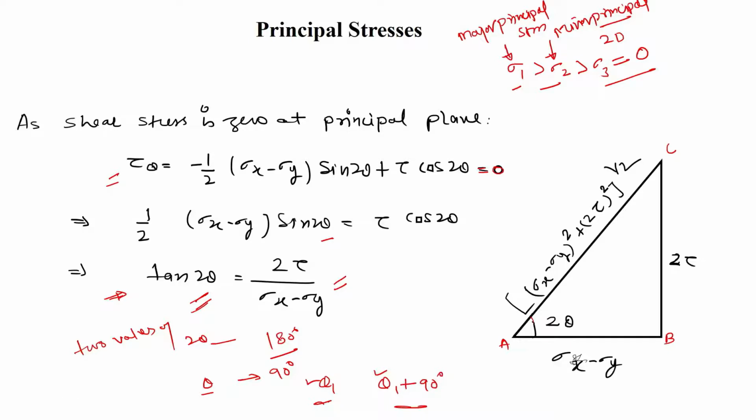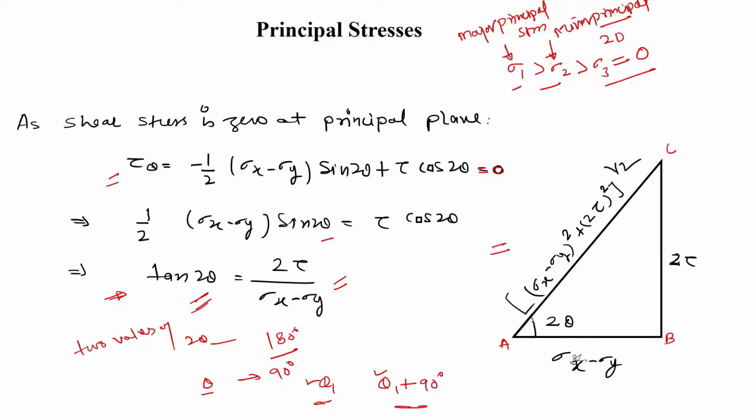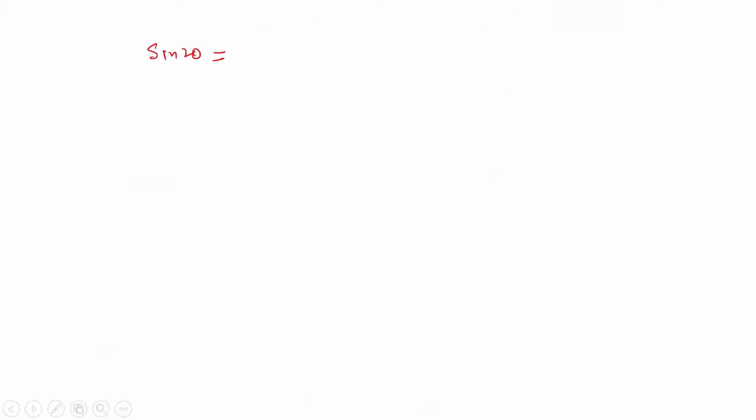From here, if we want to find the value of sine 2 theta using this triangle, sine 2 theta is equal to perpendicular over hypotenuse. The perpendicular is 2 tau and the hypotenuse is the square root of sigma x minus sigma y whole square plus 2 tau whole square. So, sine 2 theta is equal to 2 tau over the square root of sigma x minus sigma y whole square plus 2 tau whole square,